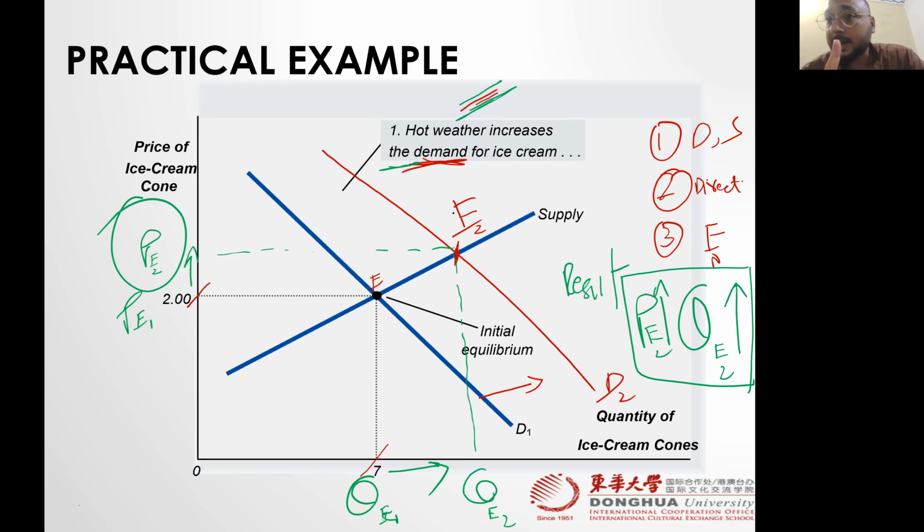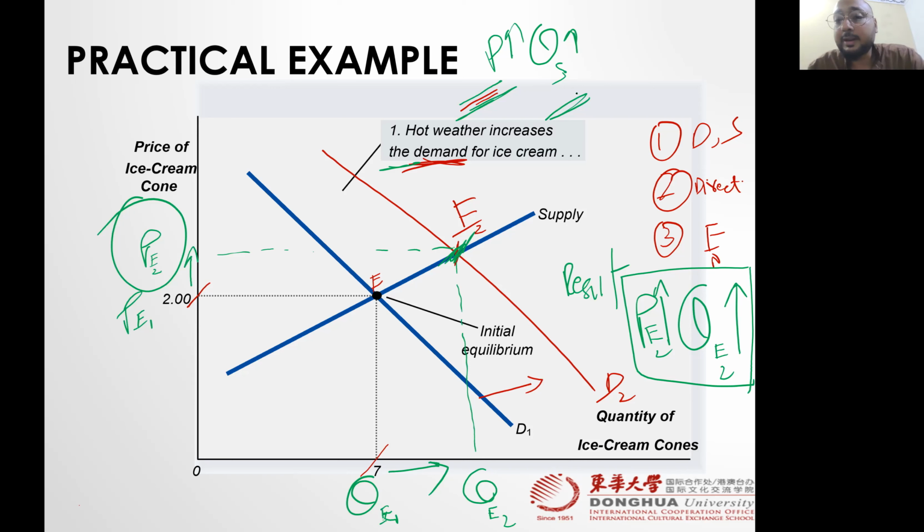More? Law of supply activated, right? Law of supply is when price increases, quantity supplied also increases. So they started producing more because there is more demand. We have a new demand curve. Demand is more. That's why